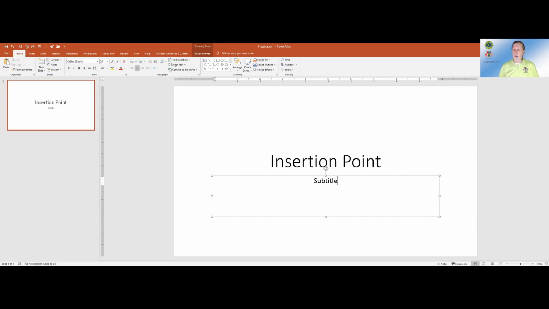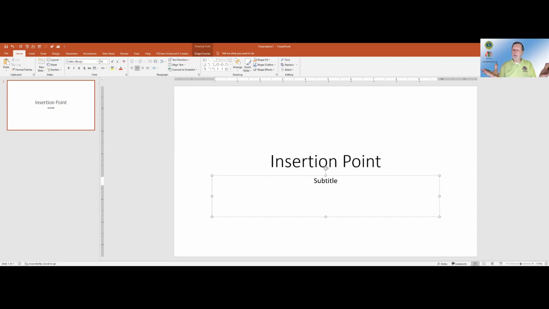When it comes to the title slide, some people prefer to work with just the title without a subtitle. Whatever happens to work with you, that's perfectly fine. Again, when it comes to the text, you can add, modify, rearrange the text as you need. It's a simple matter of editing.